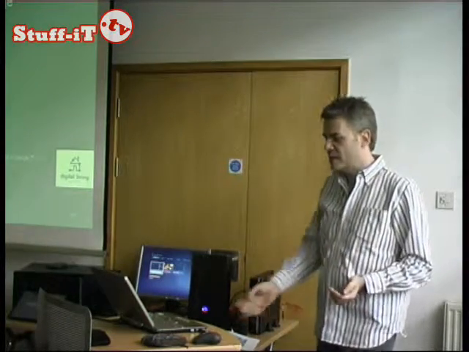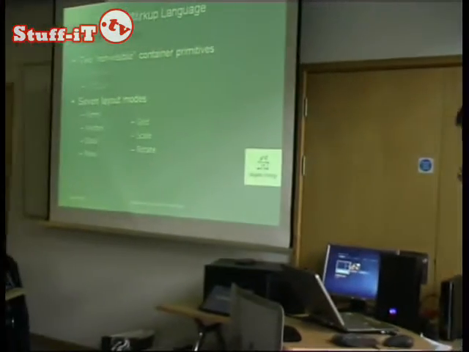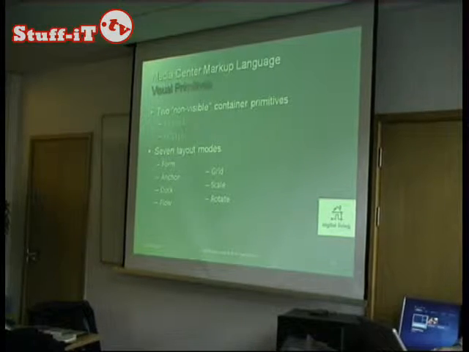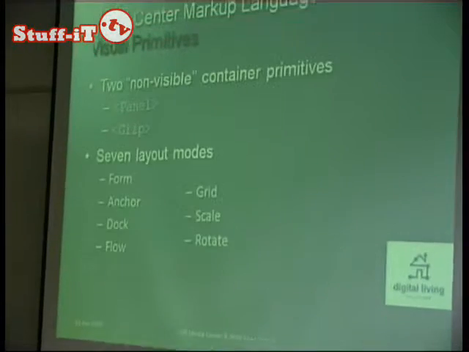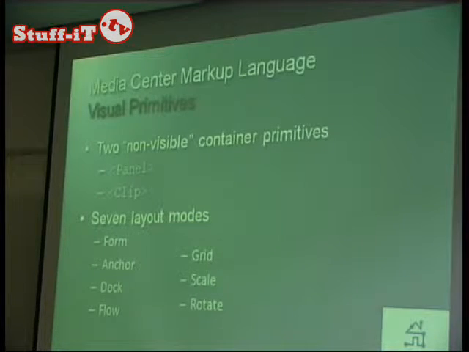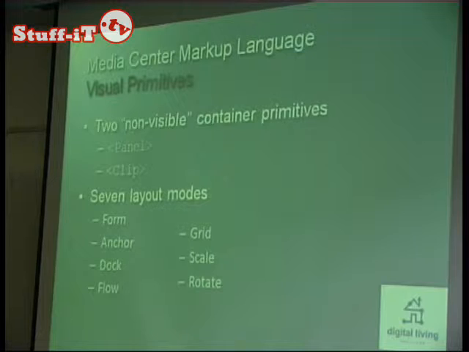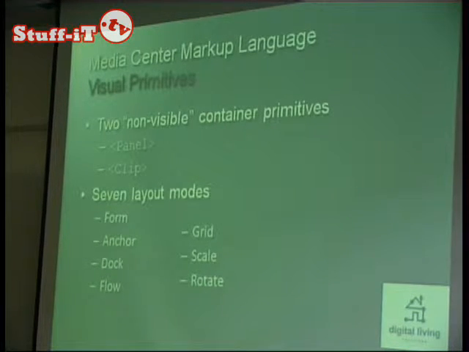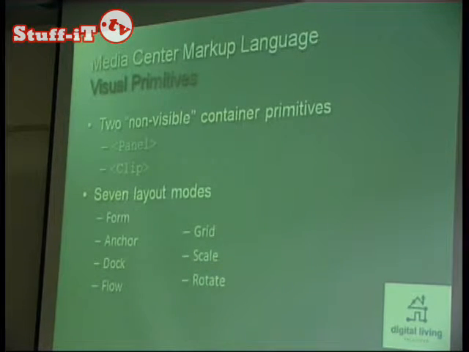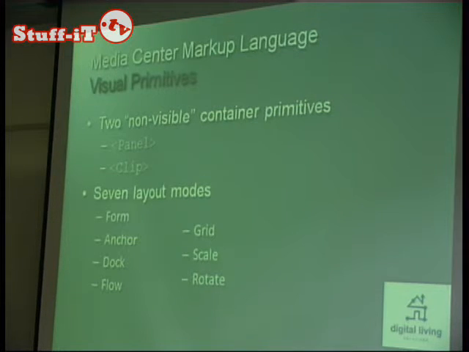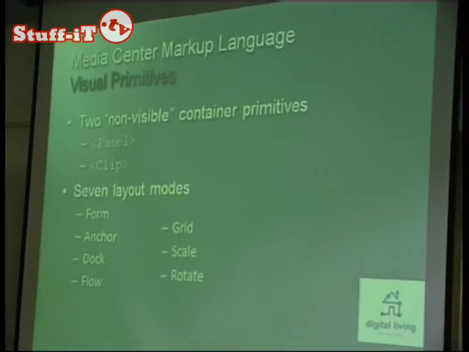So you're probably thinking to yourself, well, if that's the case, how on earth do I actually make anything? Well, as well as those three items, you've got what are called non-visible containers, and these basically just contain the things that you've got. If you imagine putting pins on a board and putting a rubber band around it, and everything has to sit inside there, same kind of concept. They are panels and clips, and the difference between a panel and a clip is that a clip will actually stop anything from ever going outside of there, whereas a panel